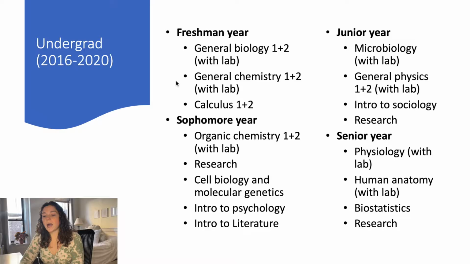So I don't have the requirements for each school specifically because I know they differ a little bit, but generally the science courses are all similar that you need to take, like the basics, biology, chemistry, things like that. And then there are other requirements like maybe English composition, some may require biostats or a foreign language or psychology. So you definitely have to check specifically with the schools that you are going to apply to